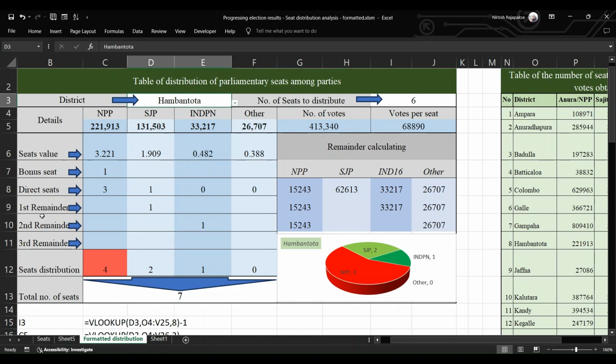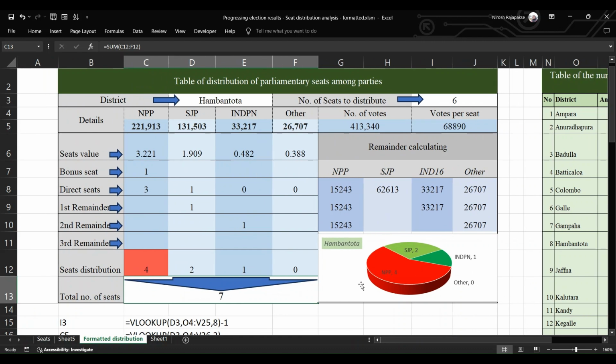How to divide the remaining seats into first remainder, second remainder, and third remainder is contained in cells C9 to F11. Also, except for the bonus seat, the rest of the seats distribution is shown in cells C12, D12, E12, F12. Number of votes is contained in cell G5 and votes per seat in cell I5. The formulas needed to calculate how the remaining seats are divided are shown in cell G8 to cell J12. Also, the pie chart of the seat distribution related to each district is shown below. Here I have used conditional formatting also, which highlights the number of seats of the winning party in the respective